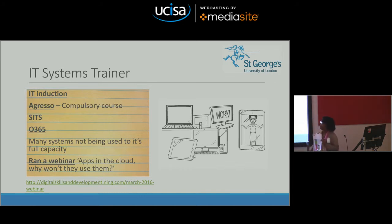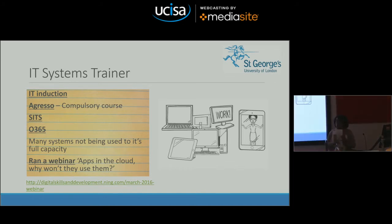It's a compulsory course. Everybody that wants to either approve spend or raise a PO comes to me, and they can't get an account unless they come to me, even if they know it. So I was thinking, well, at least how can I fit this in? I also teach on SITs. I do an introductory course on SITs, our student system, and I also ran courses on Office 365, and